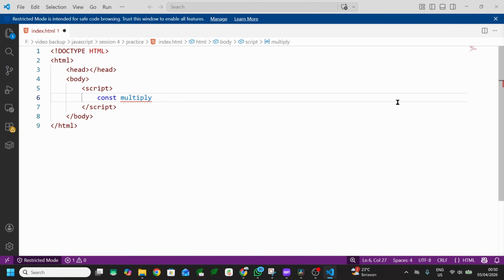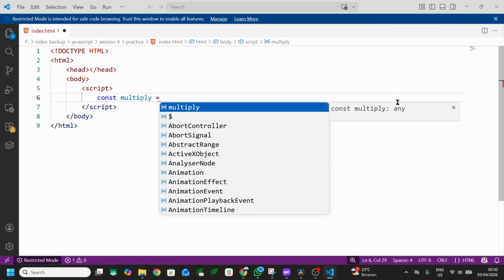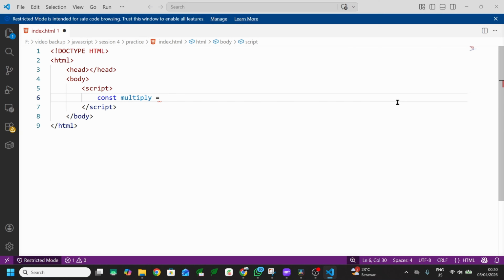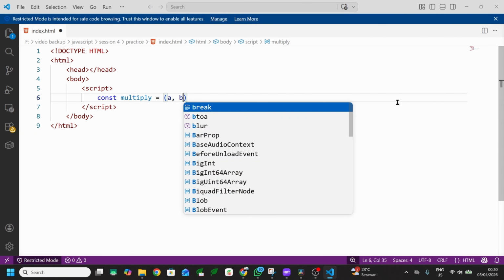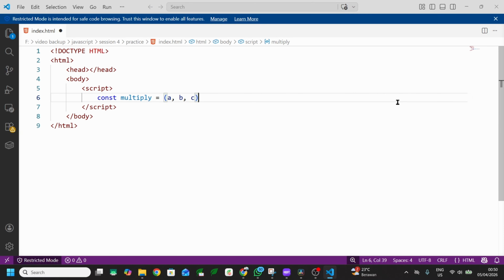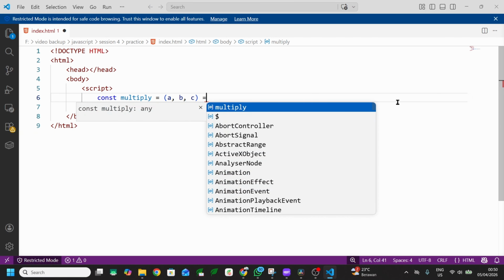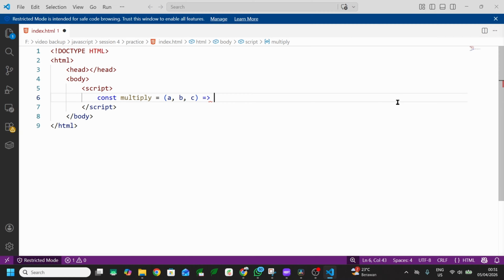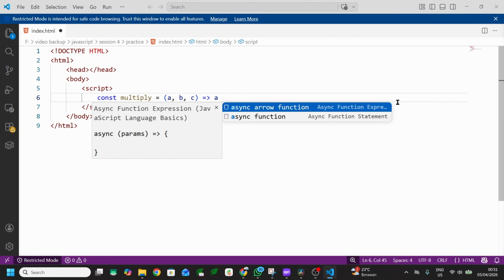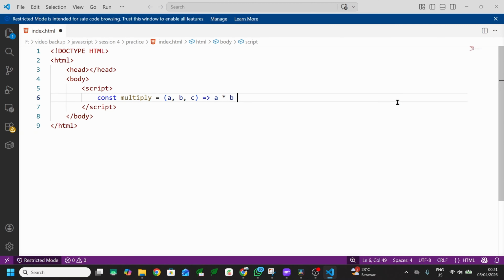I will give the name multiply, equals parentheses that have three parameters A, B, and C, and then there is also the equals and greater than symbol that represents the arrow function, and it will return the multiplication of A, B, and also C.